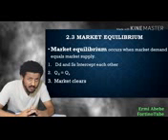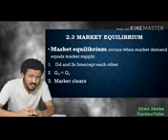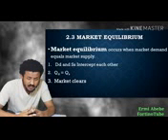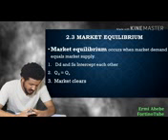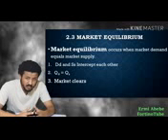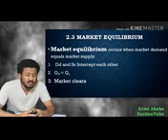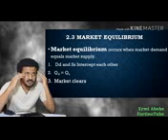So 2.3, which is market equilibrium. What do we mean by saying market equilibrium? Market equilibrium means bringing the demand and supply curves together in an x and y diagram, the concept where we see both graphs together. We call it market equilibrium. Okay, so if you visualize it in your mind,